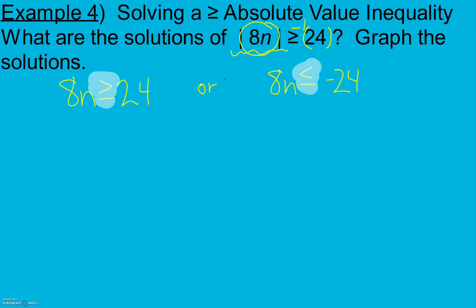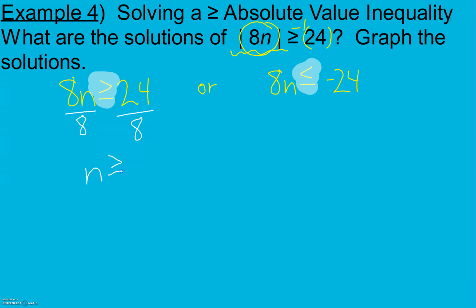We want that distance to be further away. And if you're not sure, guys, solve it first, graph it, and then go from there. The or and the and are very, very important in these because otherwise we don't really know what we're doing with those values. So from here, I divide by 8,